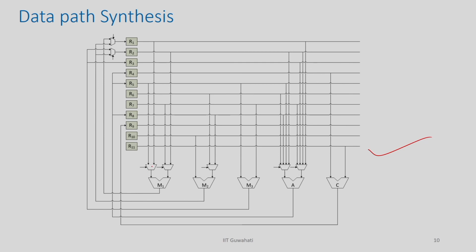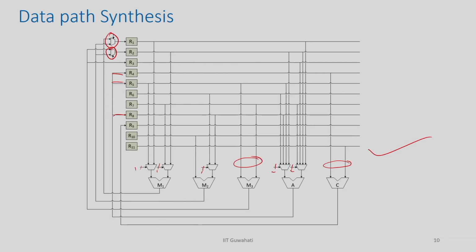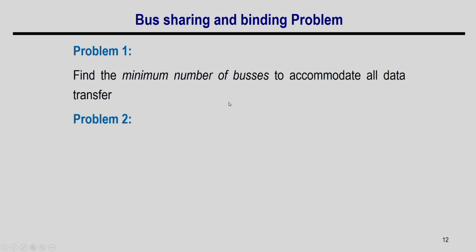So, you can see here we need a mux where the control signal will be 1 bit. It is 1 bit, it is 1 bit, but here it is 2 bit, because there are 4 possible inputs. Here there is no mux needed because only one variable is coming all the time. And similarly, here we need a mux of size 2, and this is a direct connection, we do not need any mux. So, based on this connection requirement you can identify these interconnections and identify the mux sizes. So, this is what it is all about.